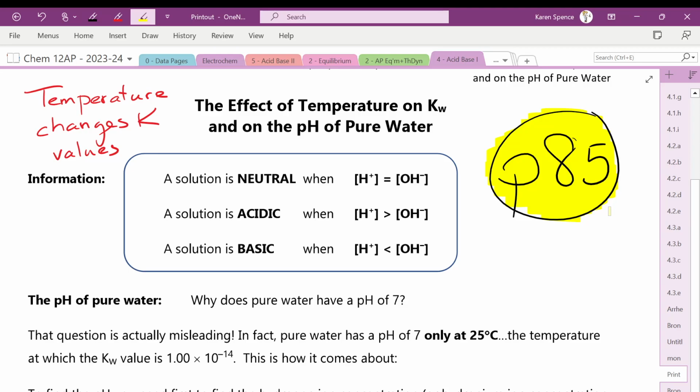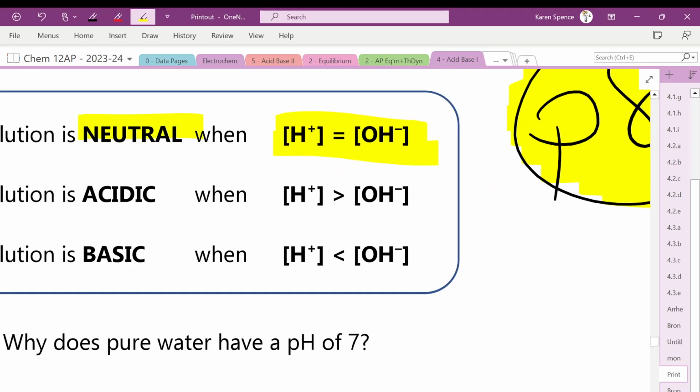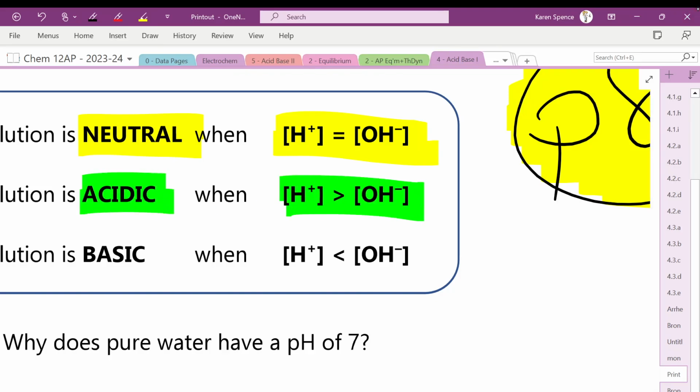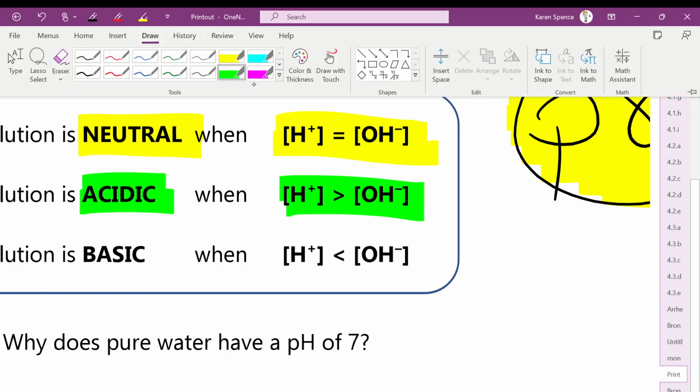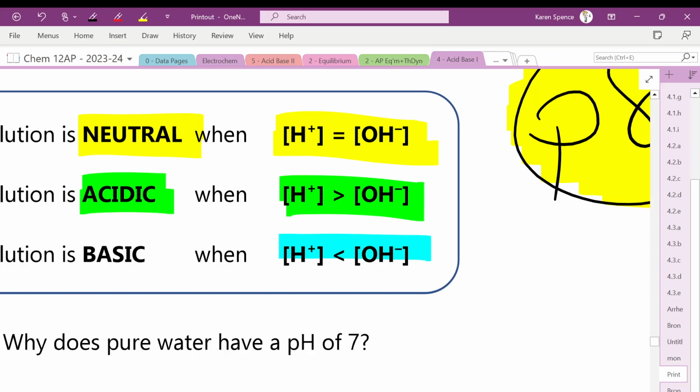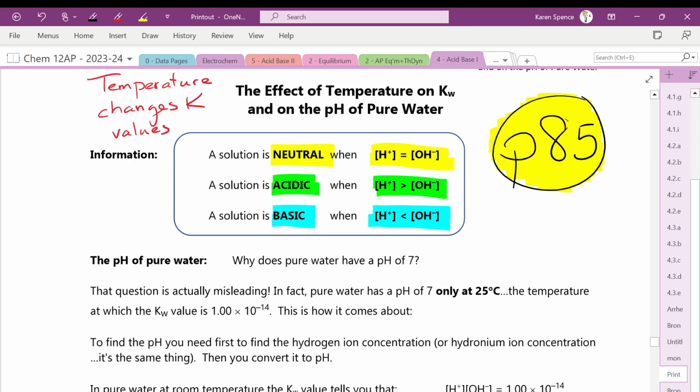Okay, so let's remind ourselves that if you have hydrogen and hydroxide equal to each other, then your solution is neutral. If you have a solution where hydrogen is greater than hydroxide, then your solution is acidic. And if you have a solution where hydroxide is bigger than hydrogen, or the hydrogen is smaller than hydroxide, you have a basic solution. So we're just reminding ourselves of those three things, and we're reminding ourselves that temperature changes